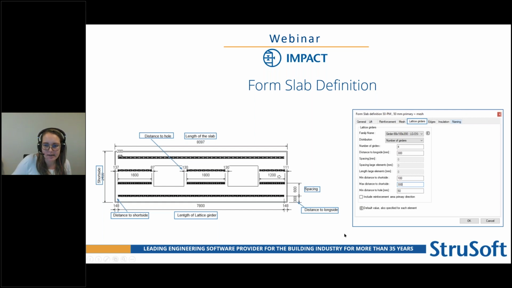In this case, the short side is this one, and the long side is the long side, and in this definition we need to place the lattice girders 100 to 300. That's how it needs to look, and where it cuts depends a lot on the family. We're going to see that in a while. Minimum distance to hole, we are also going to see how that works. So if I have a hole, I want to have a minimum of 50. And this setting we set in the definition. And this we have distance to long side. The long side is here. We have